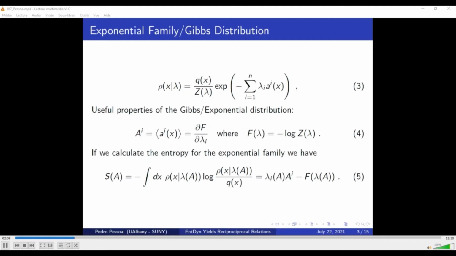Second, if we calculate the entropy for the Gibbs distributions in terms of the expected value, which is going to be the maximum entropy that we discussed before, we get to equation 5, which is the Legendre transformation between F and entropy. This is what we're going to call the macrostate entropy, and it's the one that we know from statistical